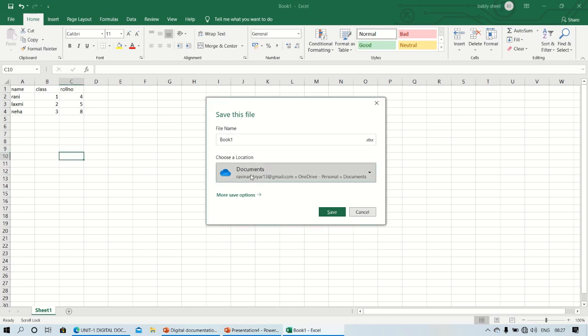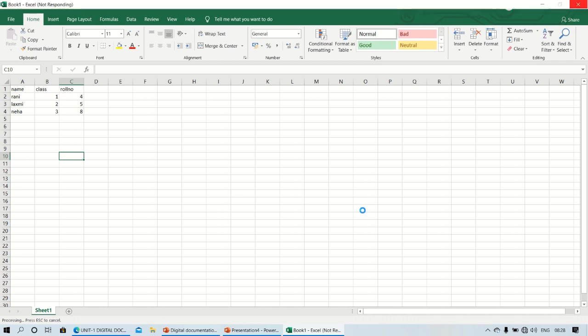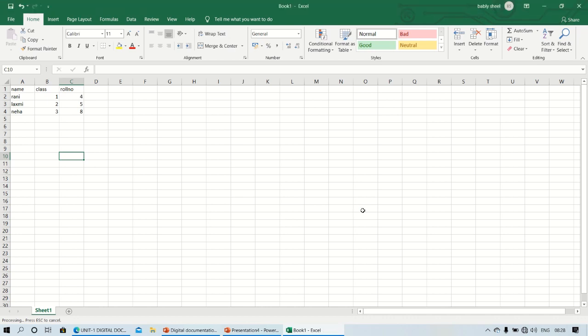Okay, after selecting it, you need to give the file name, whatever the file name you want to give, and then click on save. By this option you could be able to save your data. Next, if you want to do some formulas insertion, okay, let me do it. Like if you want to change its alignment, just select it, and then you can set whatever alignment you want to set.